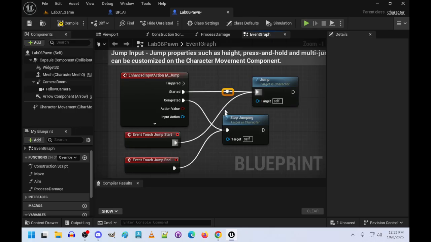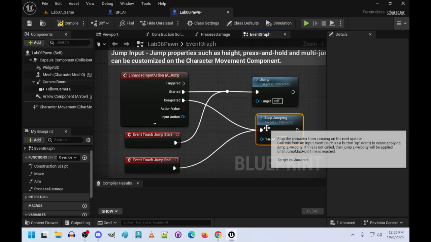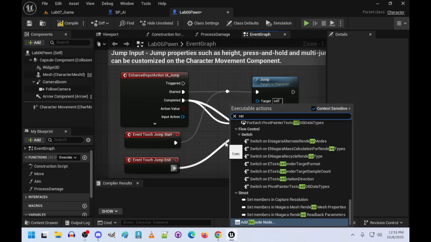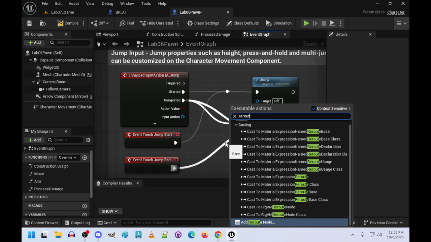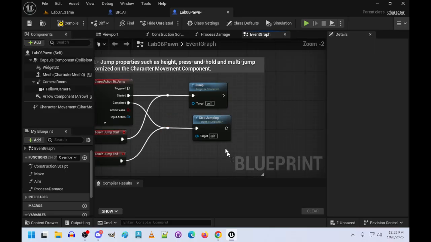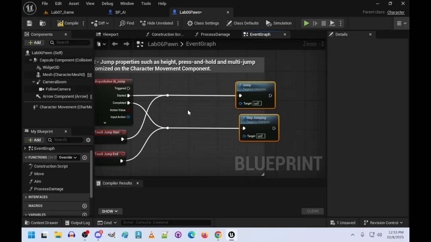I'll attach to there and then there, and then up here would attach to that one. And then we can make a reroute node and attach that one there. So now we've got them joining here. That will make it easier to say, hey, if we pull this out, we can then say if,